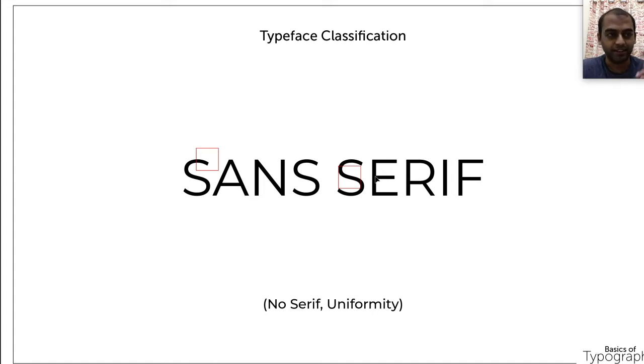And second thing, in serif fonts you might have seen that there is a thick and thin variation between each and every letter. But here there is no thick thin variation, it is almost uniform. There are some sans serif fonts which deviate from this, with some thick thin variations, but still most sans serif fonts will be uniform. This is the reason why sans serif is becoming more common in almost all mediums.